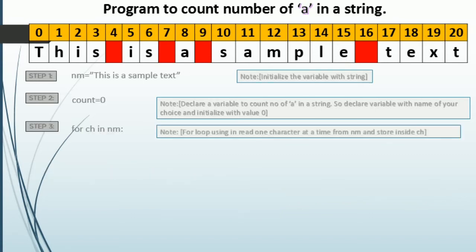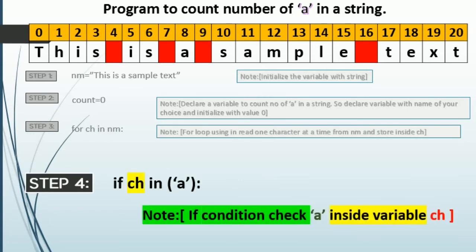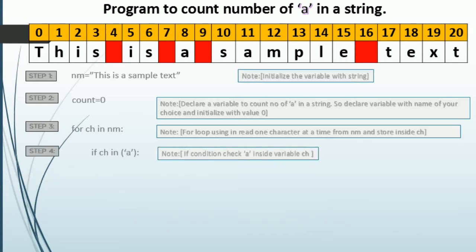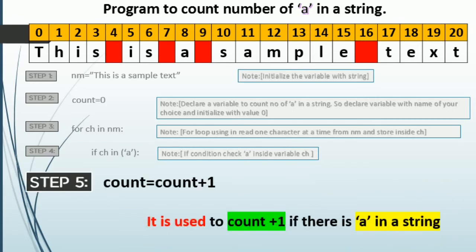Now when we move to the next part, this is the condition. If ch equals single quotes a, you are not supposed to put a bracket, you directly put single quote a, that means it's going to read out all the characters from the string, and when it finds a that is equal to ch, then only the counting is going to be done. That means the next line is going to be count equals to count plus 1. The count plus 1 is only going to be executed when ch equals single quotes a is found inside that string that is given. So this is the way.